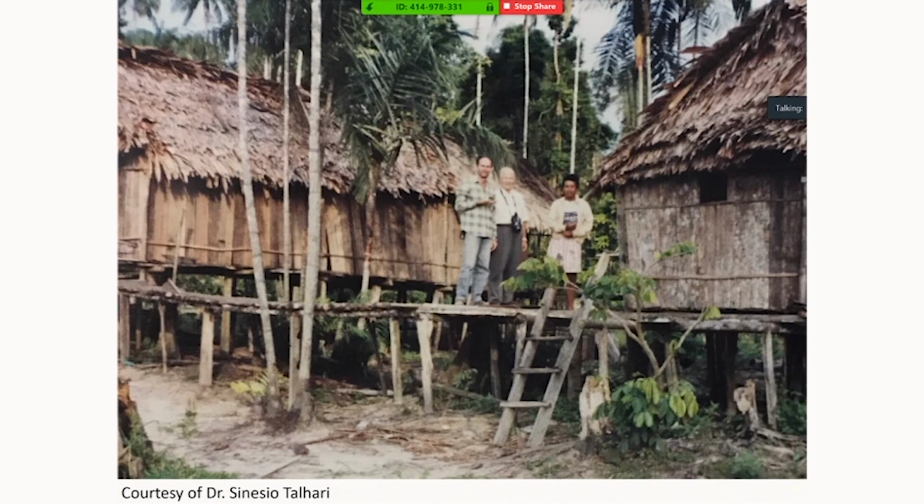And along the way, they encountered lots of malaria, leishmaniasis, and other infections. And he became a real expert in clinical tropical medicine. And he applied a lot of advanced tools. I was always amazed that he was up to date on the latest things, but he also applied a lot of really practical tools. He tells the story of curing a botfly by simply applying some ointment to the skin,